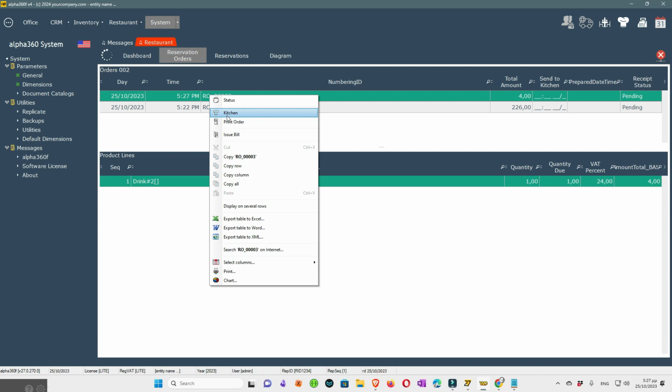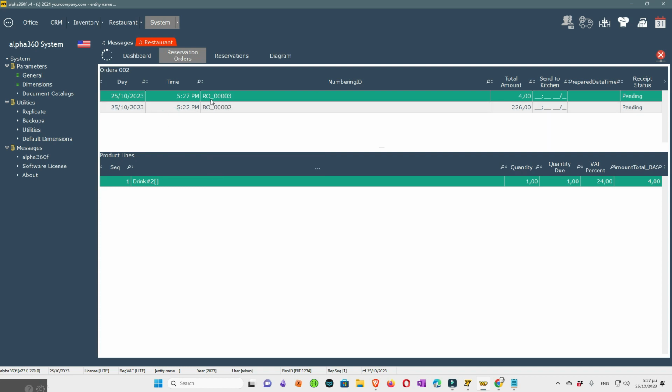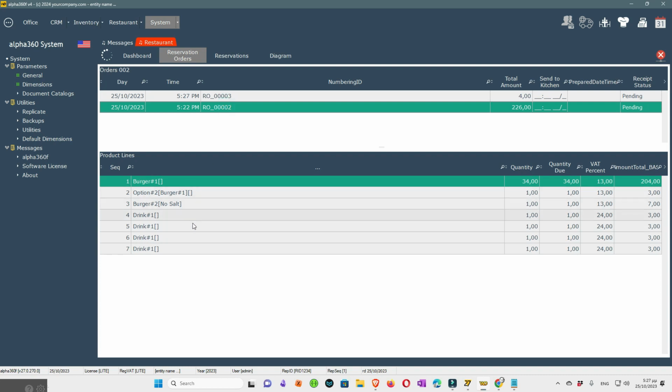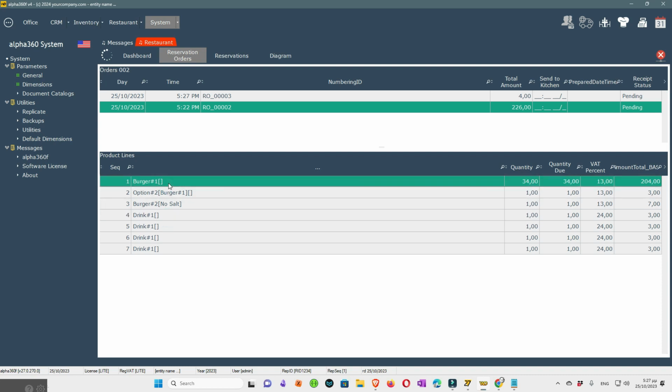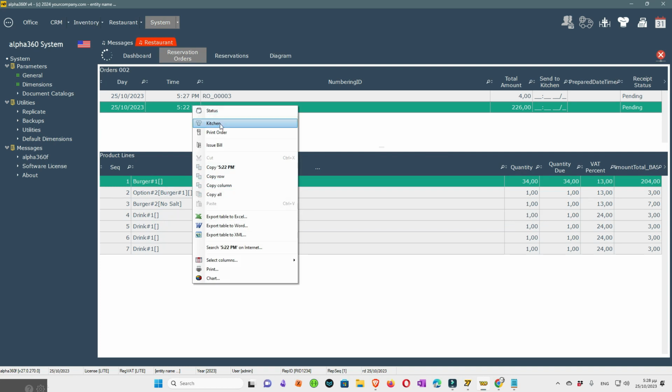to its kitchen, depending on what is on the order. Let's say the drinks go to the bar and the burger goes to the kitchen area. So when I send to the kitchen, I will actually get two different prints on different printers and in different preparation areas. At the same time,